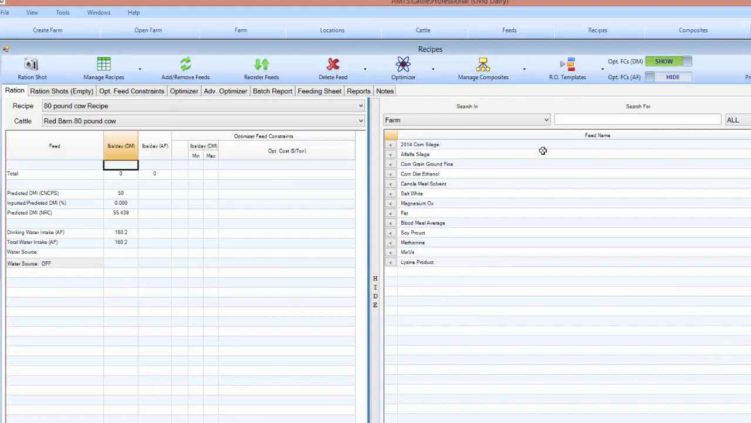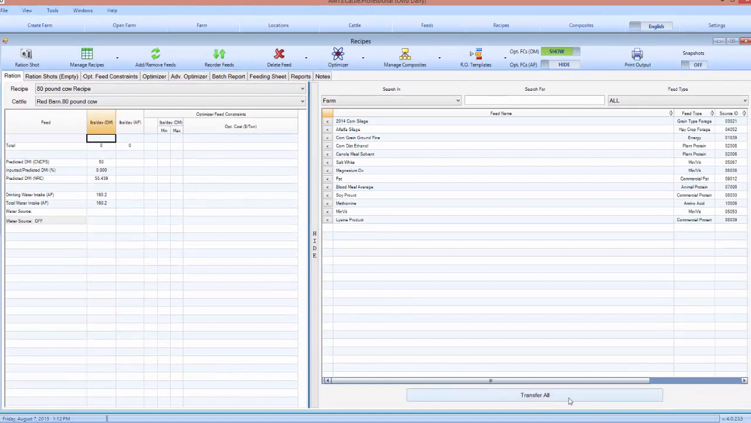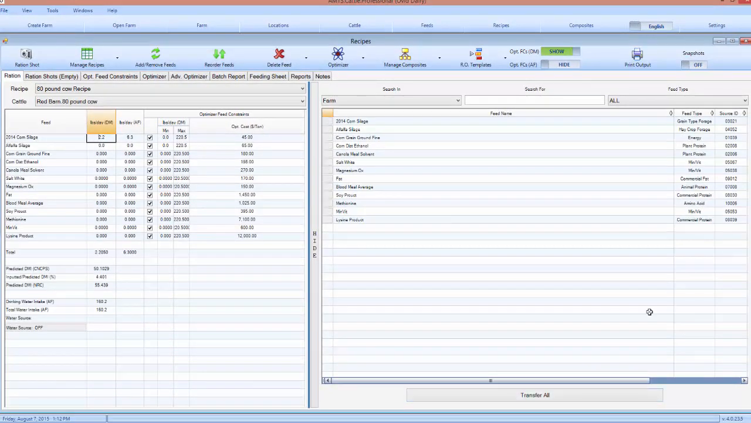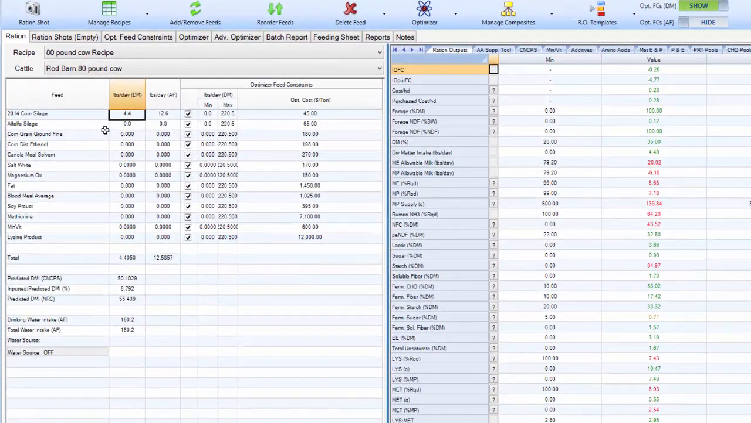And in this case, all of the feeds in my farm are there, and I can transfer them all quickly over. Then I just have to put in the quantities that I want to start my recipe with. Okay, after you've put some rough ingredient amounts in, you can go ahead and start to set